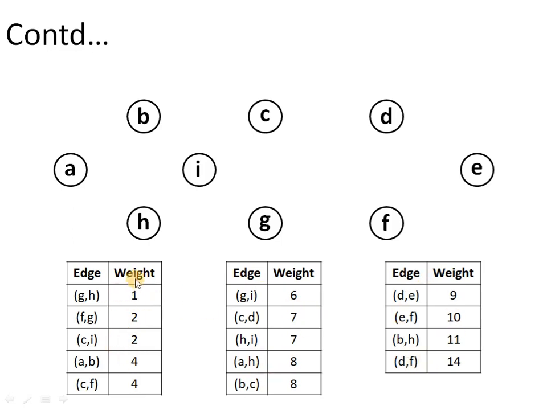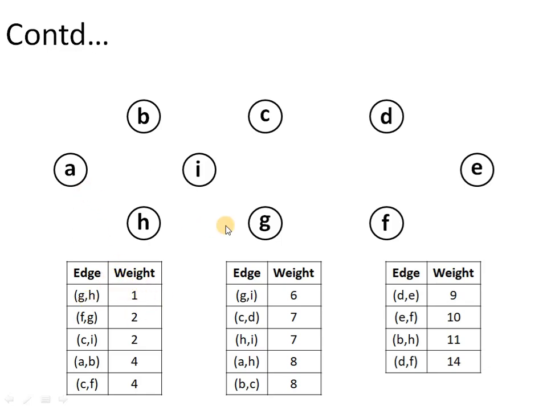As you can see, we have listed out all the edges which are present in the given graph and they are arranged in non-decreasing order. And now in each iteration, we have to combine two trees together. So we will pick an edge. We will check if the endpoints of the edge belong to different trees, then we will keep that edge. On the other hand, if the two endpoints of an edge belong to the same tree, then we do not keep that edge. Okay, so we will start with the edge GH which has a minimum weight value 1.